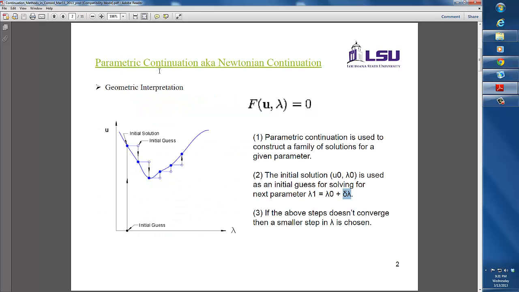Just for the sake of completeness, I have shown the main idea behind different continuation algorithms using these schematics. The problem statement is we want to solve this system of nonlinear equations for various values of lambda. Lambda is our parameter and u is the vector of unknowns. The idea is very simple. Say for a given value of parameter lambda naught, we find the solution using Newton method. The solution is u naught, and then we use this solution as the initial guess for solving for